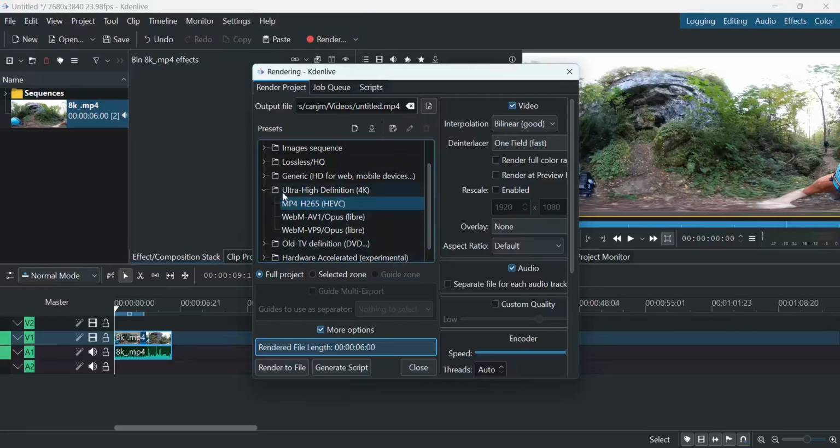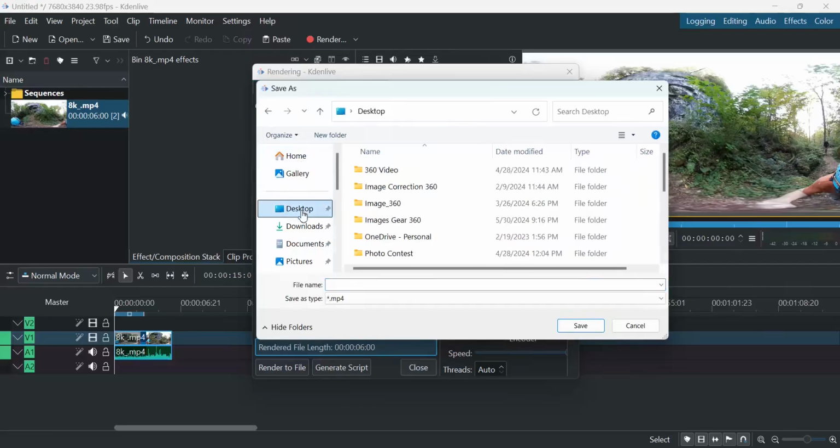You can see that my default settings were to an MP4 H.265 codec. For the 8K, this is much more efficient than the H.264. We'll leave that setting as is. We then go to Render to File if you wish to accept this untitled naming. Otherwise, we go here, go to our working folder,